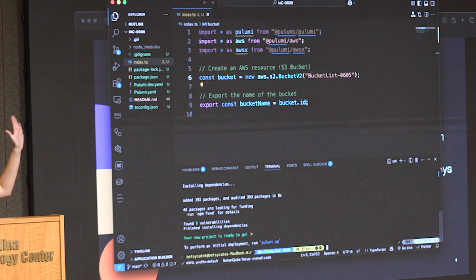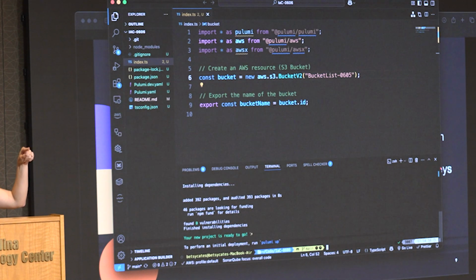Okay, so raise your hand again if you're using GitHub. Okay, awesome. I want to show you guys how you can include this in your CI/CD pipeline, okay? So what I'm going to do first, oh wait, I'm already in here. We are going to do, let me pull up my notes so I don't miss anything.